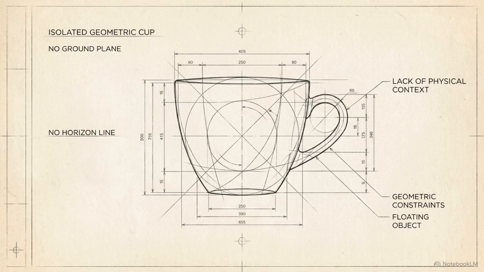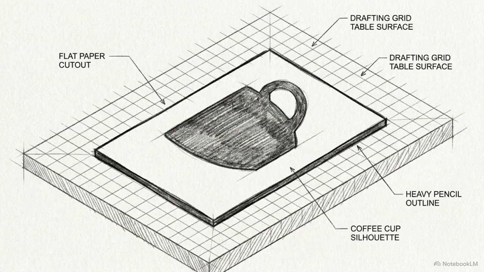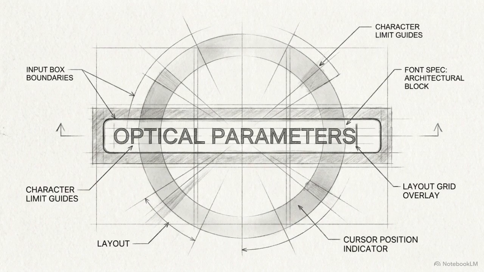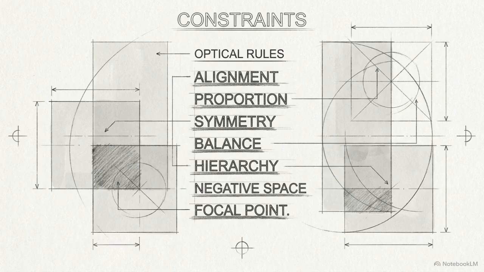The second major failure mode is the blank background trap. When you ask for a pure white background, the model renders the product with 0 environmental context, making it look like a poorly cut out sticker. To physically ground the object, we adjust our optical vocabulary. Instead of white background, we command the model to render a seamless backdrop with a soft floor reflection and a subtle drop shadow. Explicitly instructing the model on what not to do carries just as much weight as describing what